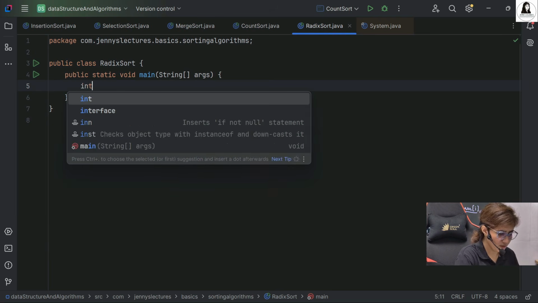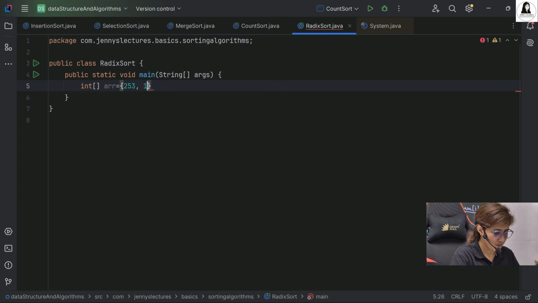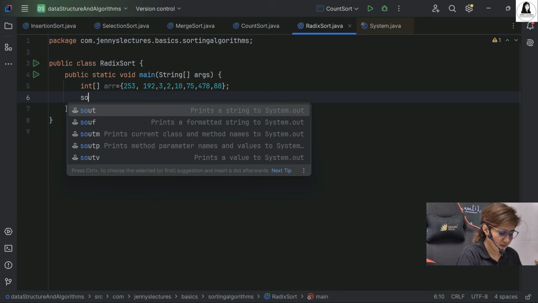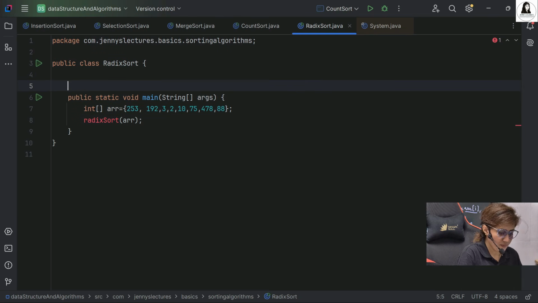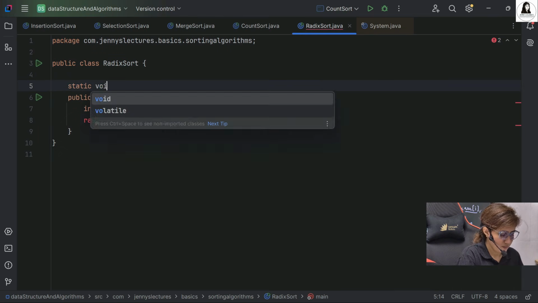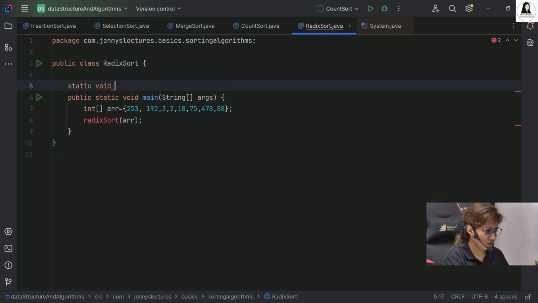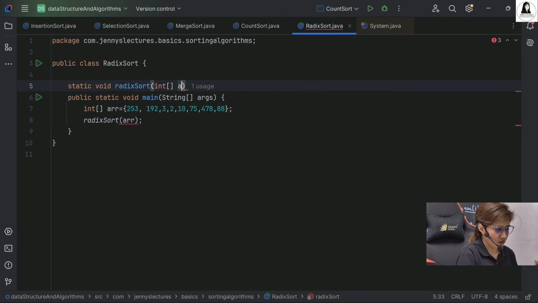Within this, I'm writing the main method and taking the array. This is my array. Let's call radix sort. We'll define a method named radixSort and pass only the array. Let's define this method here. Make it static because I'm calling it without creating an object of the class, and we're just passing the array.